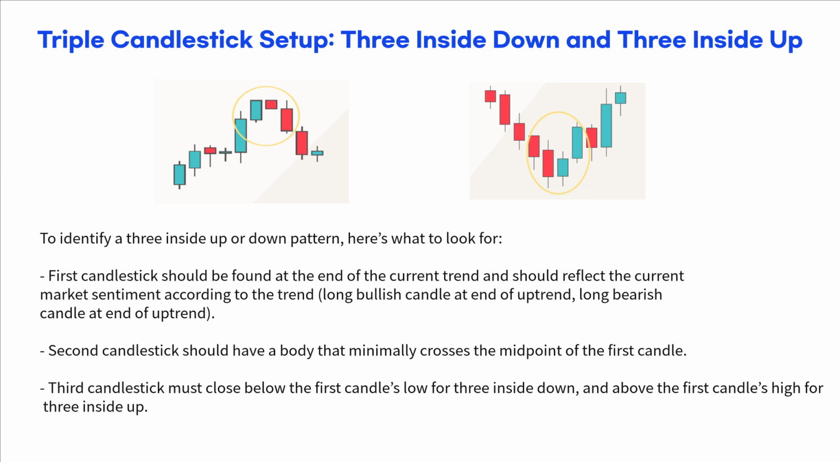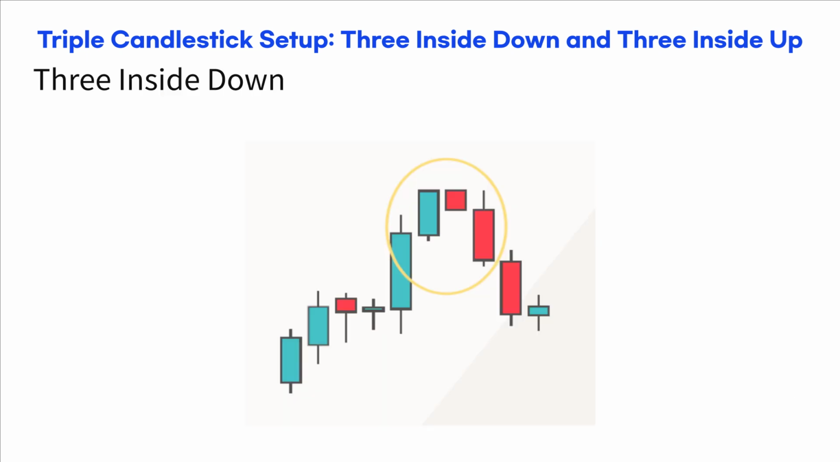Second candlestick should have a body that minimally crosses the midpoint of the first candle. Third candlestick must close below the first candle's low for three inside down and above the first candle's high for three inside up. The three inside down pattern is a bearish reversal pattern and is typically found at the end of an uptrend. It consists of three consecutive candlesticks that specifically fulfill the above criteria,